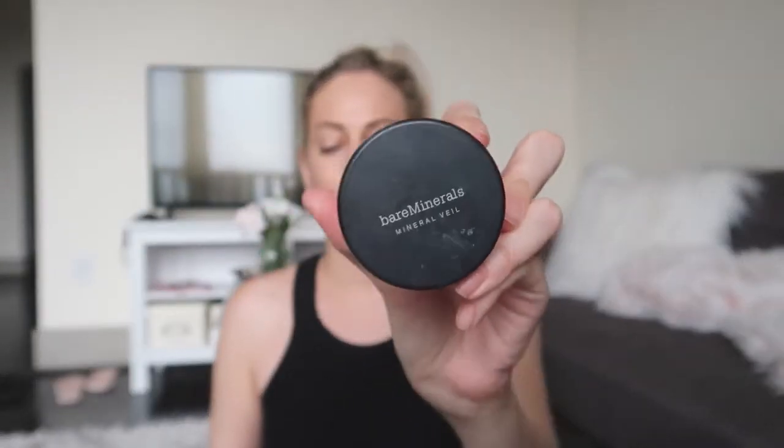So after I put the concealer on, I go in with my Bare Minerals Mineral Veil. This is just the original one with 25 SPF. I'm not really sure if you put the Mineral Veil before bronzer or after, but sometimes I do that. Sometimes I put it after. But I really like it because it makes my face look less shiny. And it has no talc, so I just put it on a little here,